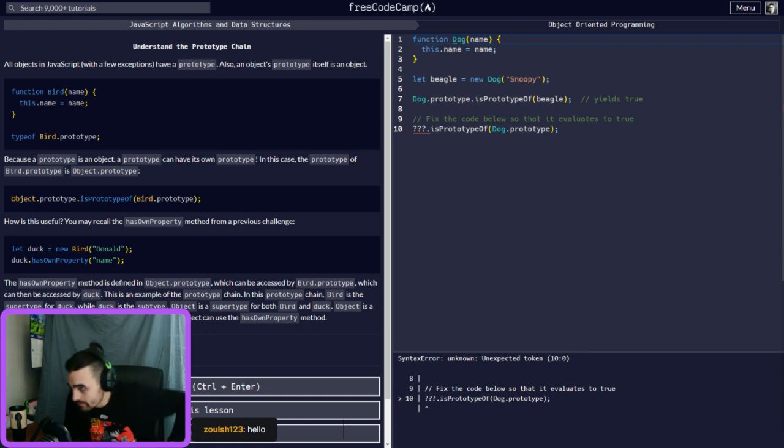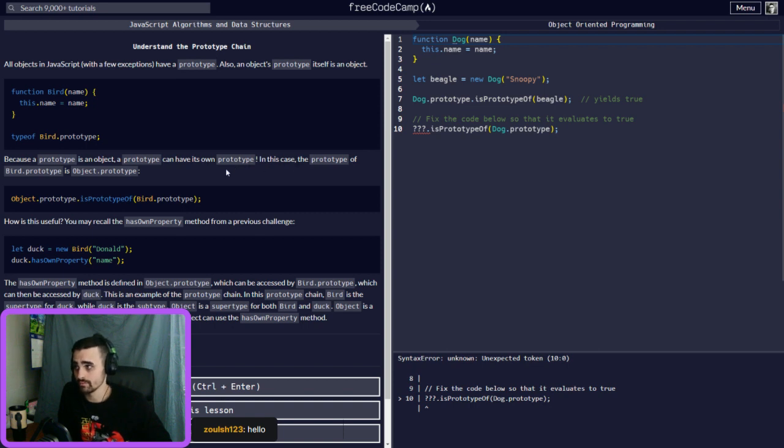So the typeof, remember that when we used typeof, it gave whatever type of value it is. All objects in JavaScript, with few exceptions, have a prototype. Also, an object's prototype itself is an object, right? So if you checked bird.prototype, it'll just say it's an object. A prototype can have its own prototype.